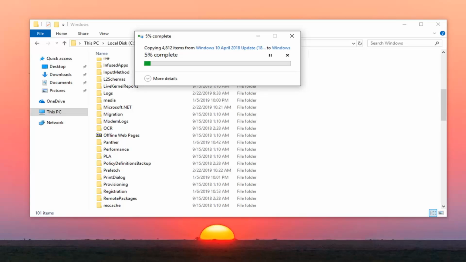So most home users are probably not going to be actually needing this. This is really for server editions of Windows, so I'm not really trying to get too